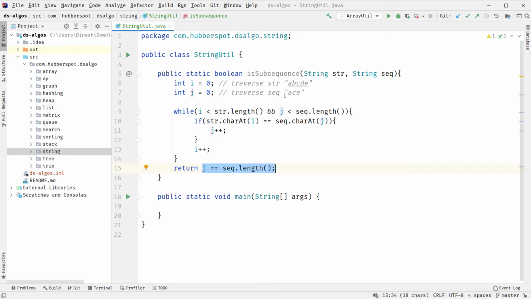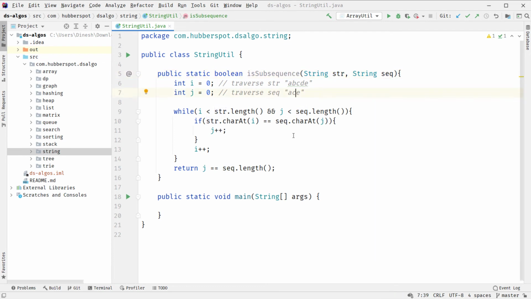If j is equal to sequence.length, we have found our subsequence. We have found that this sequence is actually a subsequence of this string, because we have traversed each and every element and found them to be true, and at the last increment j actually reaches sequence.length. So if j is equal to sequence.length, it means this sequence is actually a subsequence of our original string.